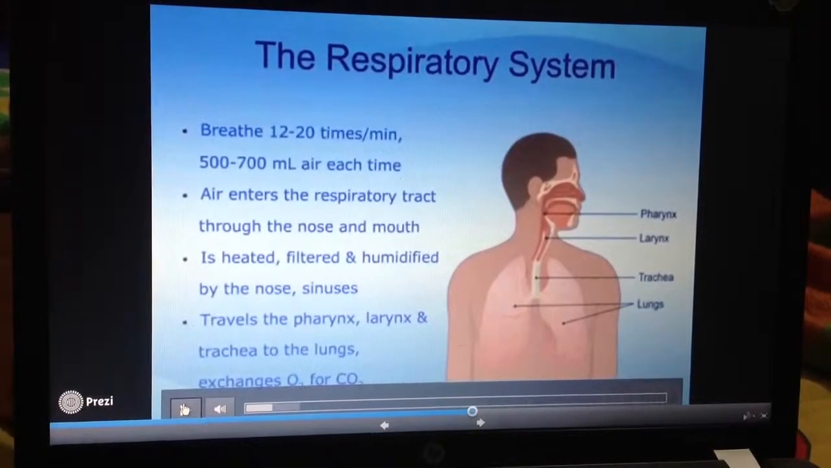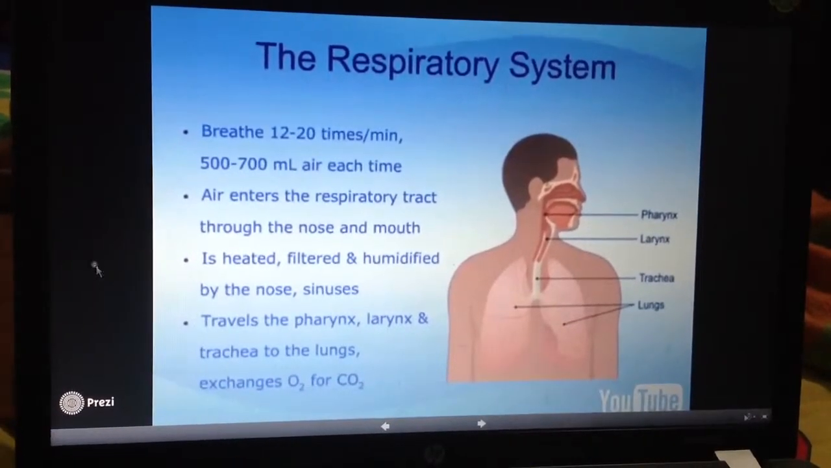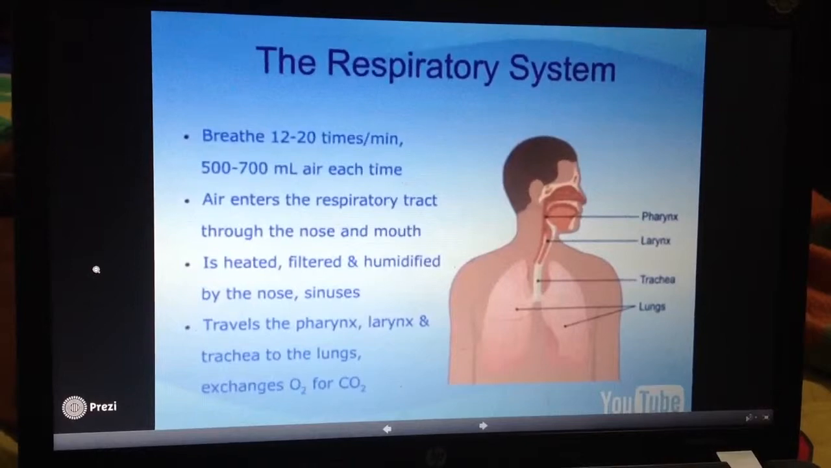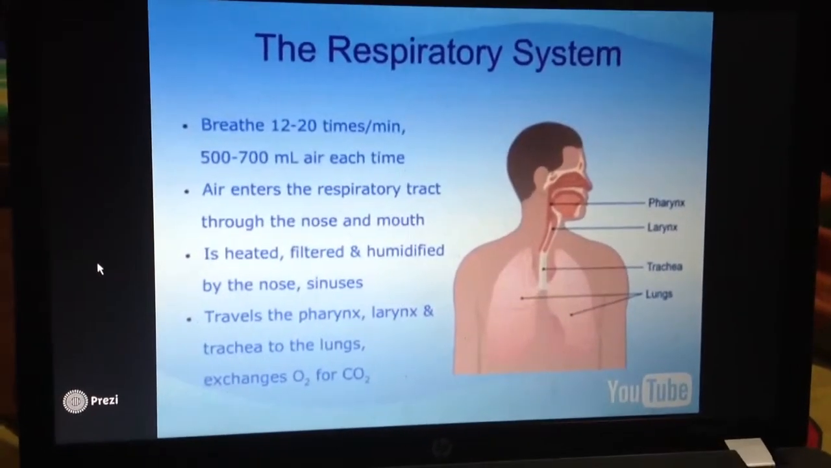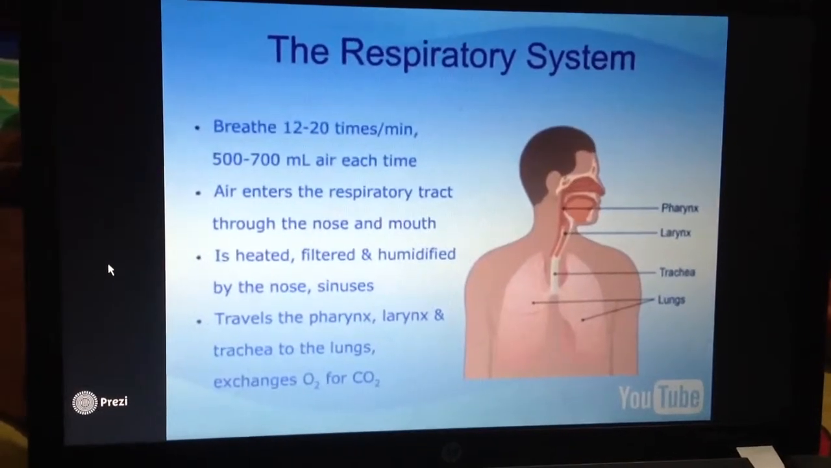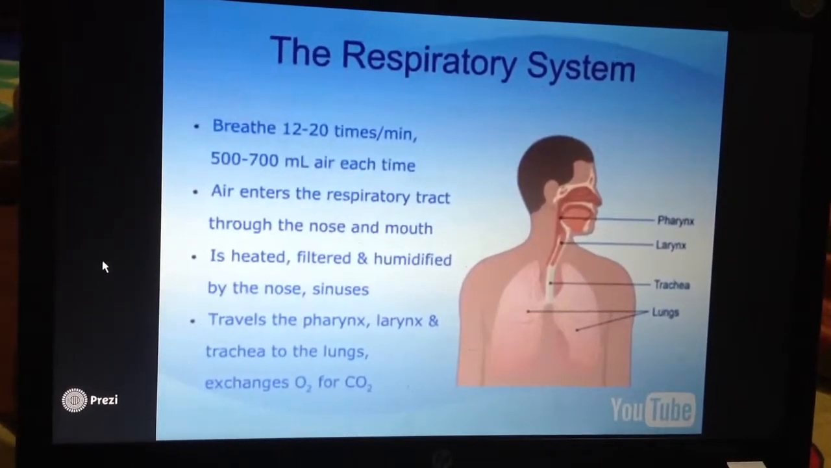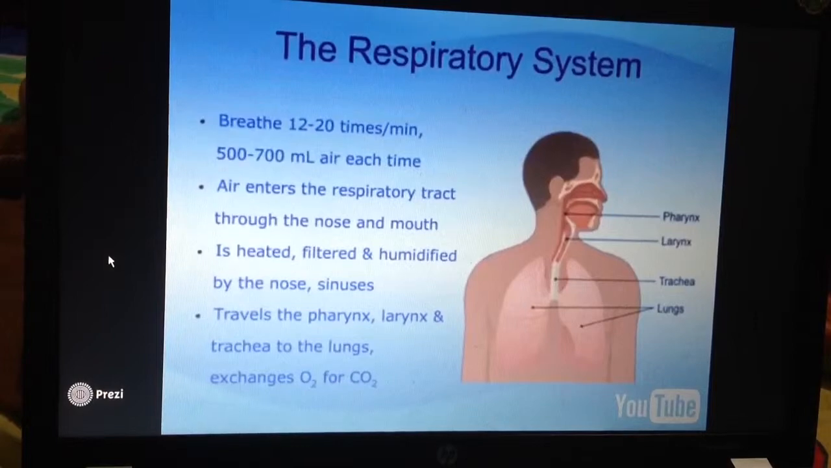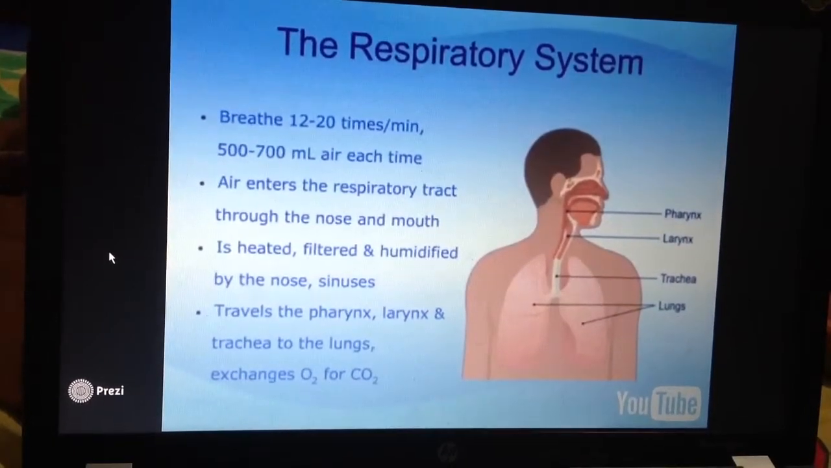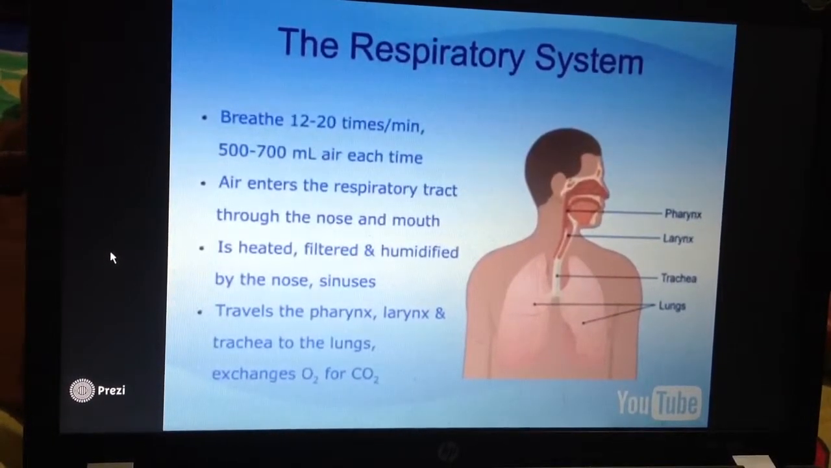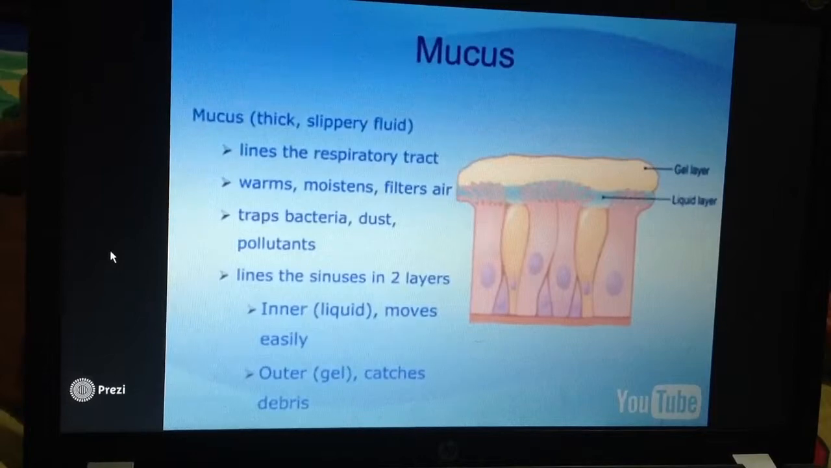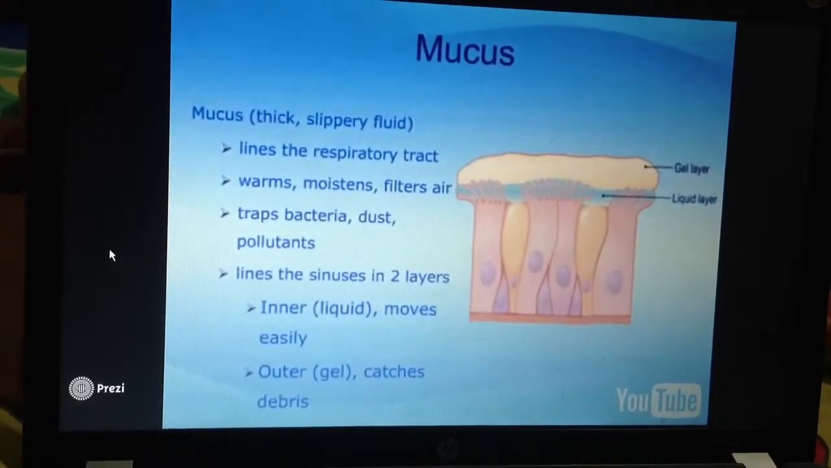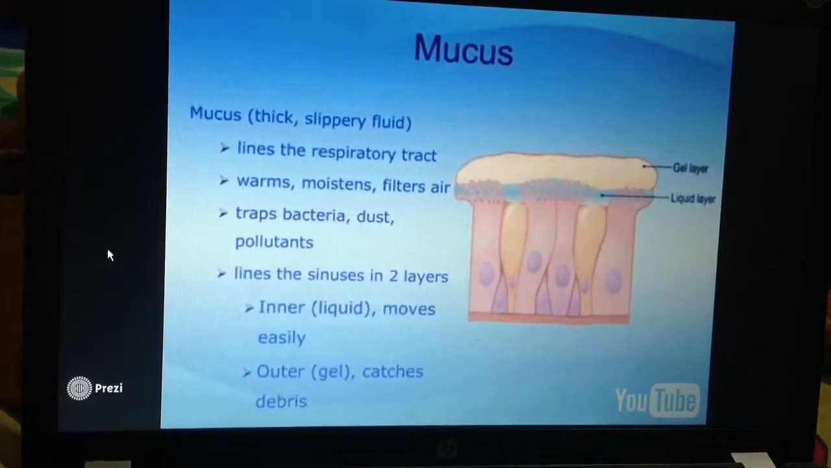Understanding rhinosinusitis. Humans breathe between 12 to 20 times a minute, inhaling 500 to 700 milliliters of air at a time. Air enters the respiratory tract through the nose and the mouth, is heated, filtered, and humidified by the nose and the sinuses, and travels through the pharynx, larynx, and trachea to the lungs, where it exchanges oxygen for carbon dioxide. Lining the respiratory tract is a membrane that secretes mucus, a thick, slippery fluid that warms, moistens, and filters